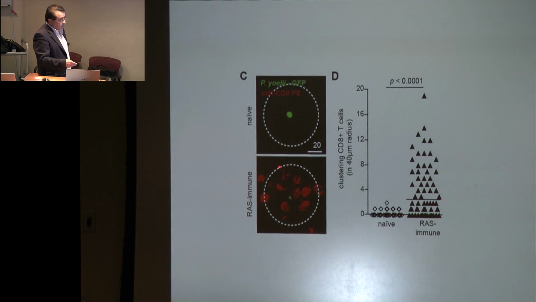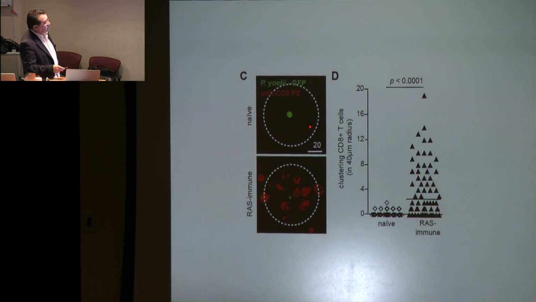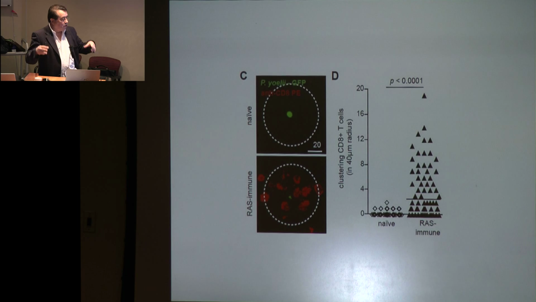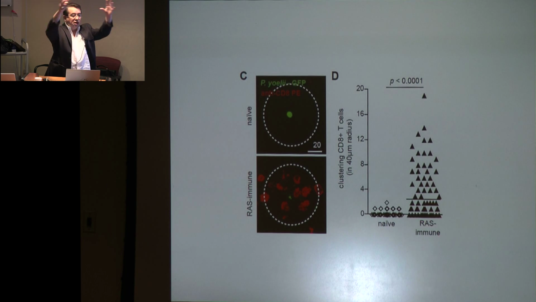And now this here is the quantification of the process. Here you have naive cells. We define a ratio to define cluster. You see, in general, we see very little or no cells which are clustered around the infected hepatocyte in the case of naive mice, but in the case of immunized mice, you see here that most of the parasites are associated, and sometimes with as many as 15, 16 CD8 cells which surround the infected hepatocyte. So this is the common theme. Once there is immunization or there are CD8 cells around, they rush to the site of infection